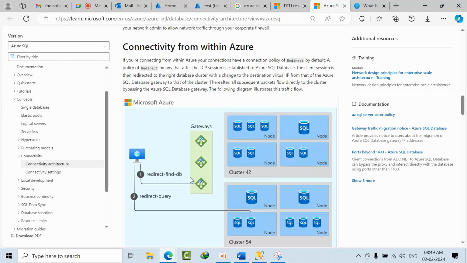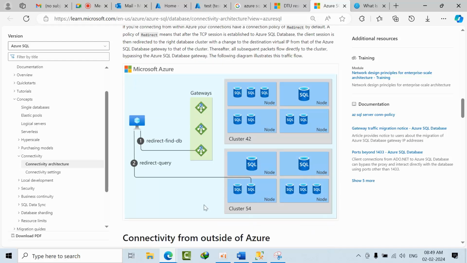First it will go to the gateway, then to the cluster, and then to the respective node of our SQL server. Since I am not trying to connect from Azure resources, each and every time it will go to the gateway.